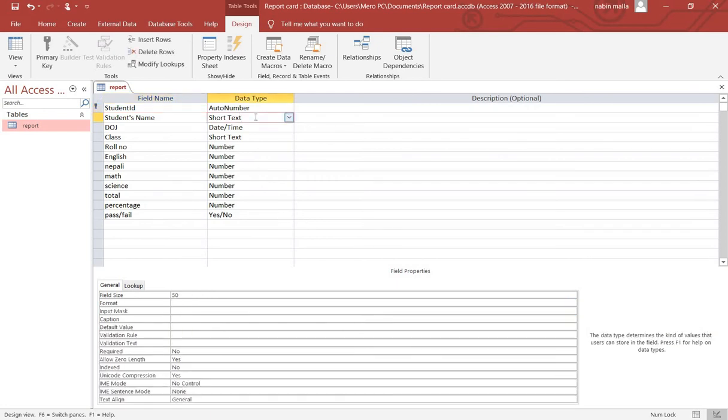Now next is short text. Short text can be up to 0 to 255 characters. We can use this short text for alphanumeric characters. That means numbers as well as alphabets, or a mix of number and alphabet. And let's see the format